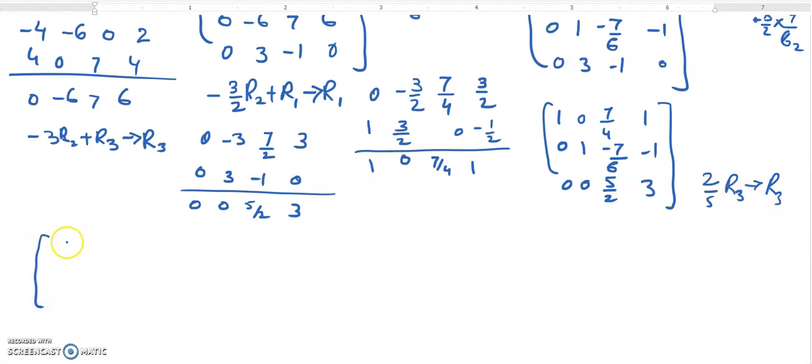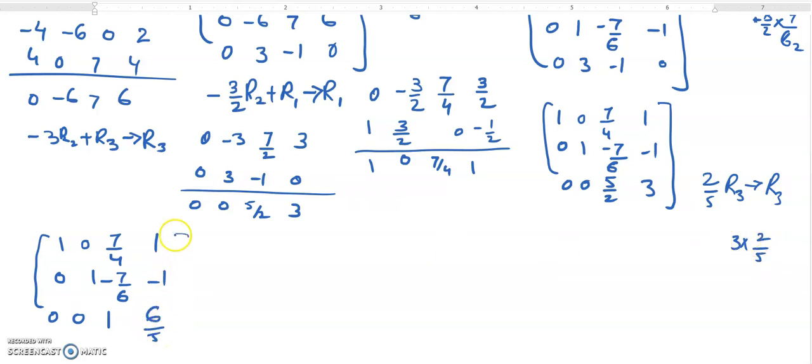So in this case, 1 0 7/4 1, and 0 1 minus 7/6 minus 1, and this will be 0 0, and then I multiplied by 2/5, so it will be 1, and then 3 multiplied by 2/5 will be 6/5. Okay, so at the next step now, these two values 7/4 and -7/6